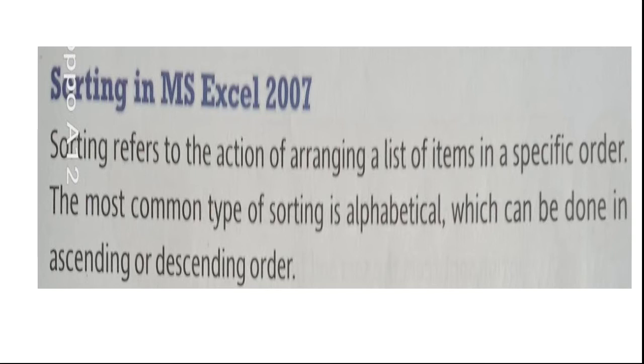Only the names starting with A will come first, supposing Akshay or Akshaya or Alina or Amrita. These will come in the front, and the names starting with B, C, D, E, F and so on will go next. So this is how we arrange the names or items in alphabetical order. Arranging means either ascending or descending, from A to Z, or Z to A also can be arranged.